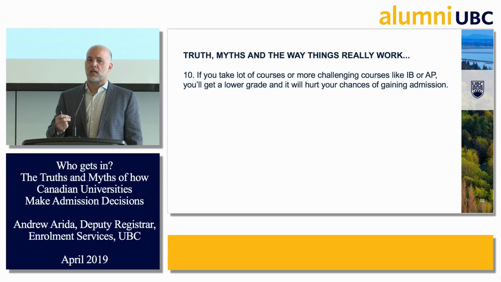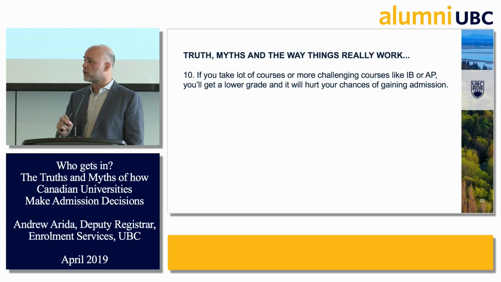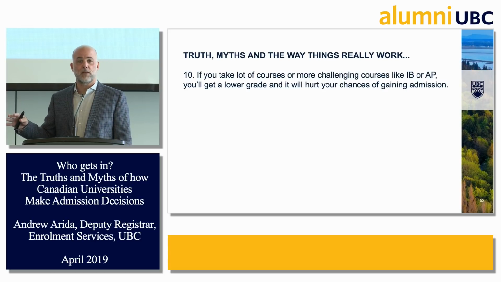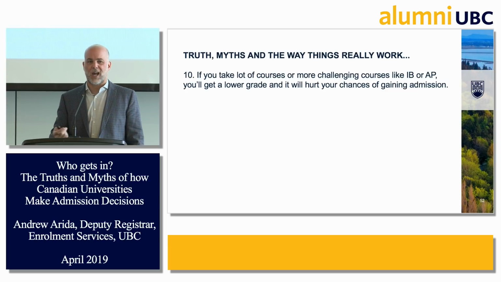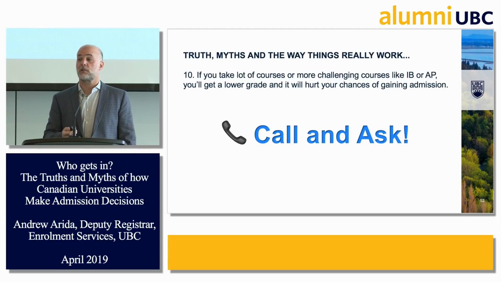AP stands for Advanced Placement, IB stands for International Baccalaureate. These are courses that students take in high school that are essentially at the first-year university level. So obviously, if they're first-year university level, they are harder classes, which means their grades tend to be lower. And students often think that we just look at grades with no interpretation or analysis whatsoever, and that's not the case. So if a student was going to challenge themselves in high school by taking more difficult courses, my advice would be to call the university you're interested in applying to and ask, do you adjust grades if I take more rigorous